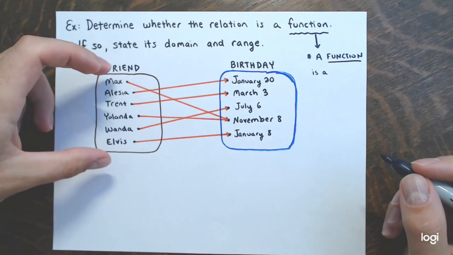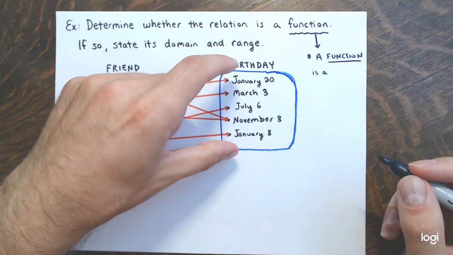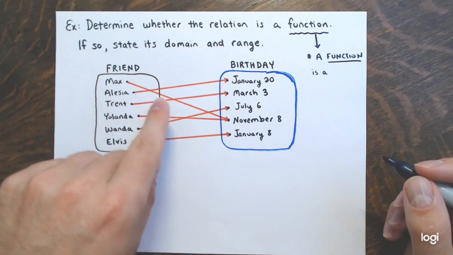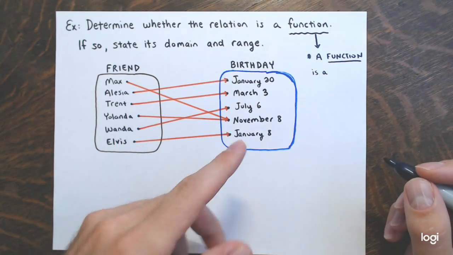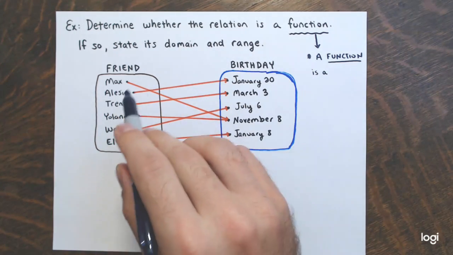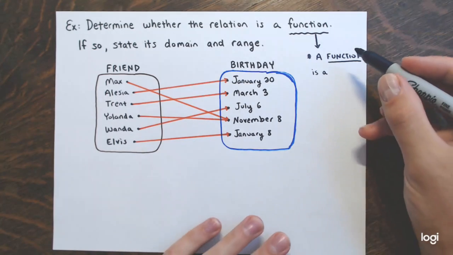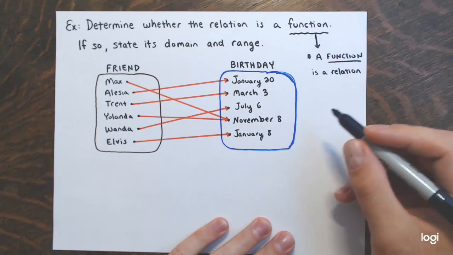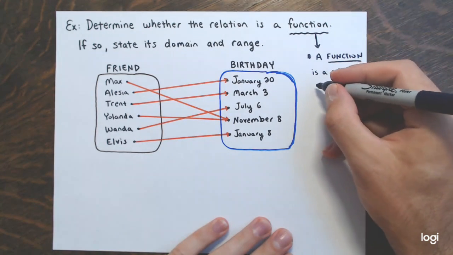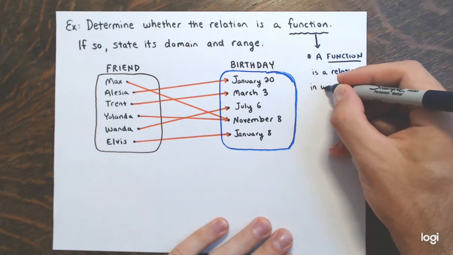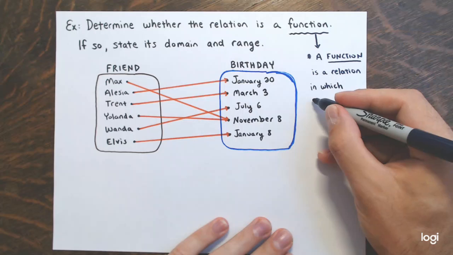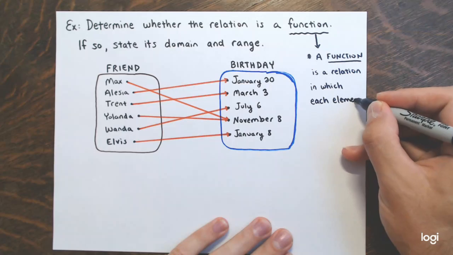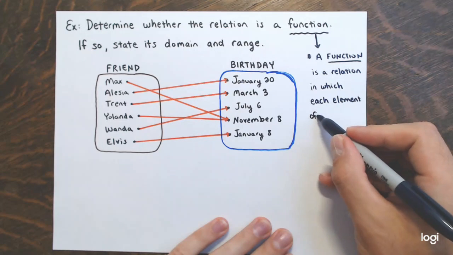I have the set of friends, and over here a set of birth dates, or birthdays, days of the year. And we have a correspondence between them, relationships between them that are pointed out in these arrows. This is what they call a map or a mapping. But a function is a relation, a correspondence between two sets in which each element of the domain